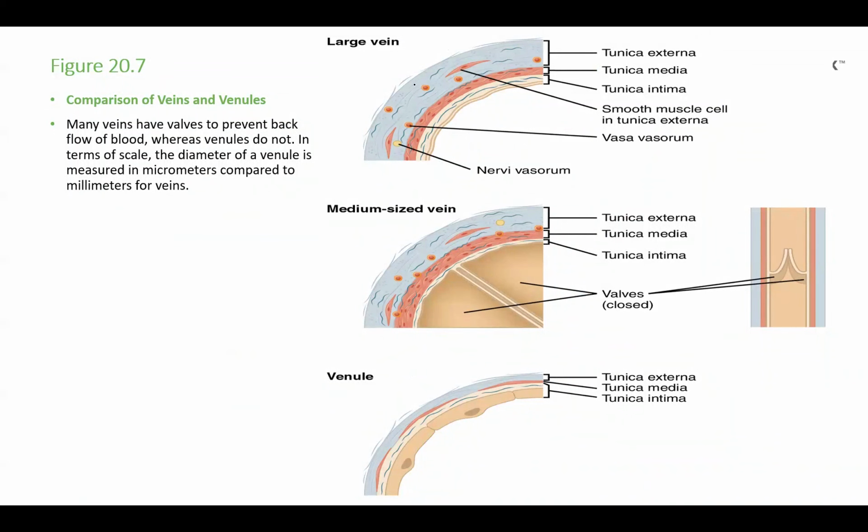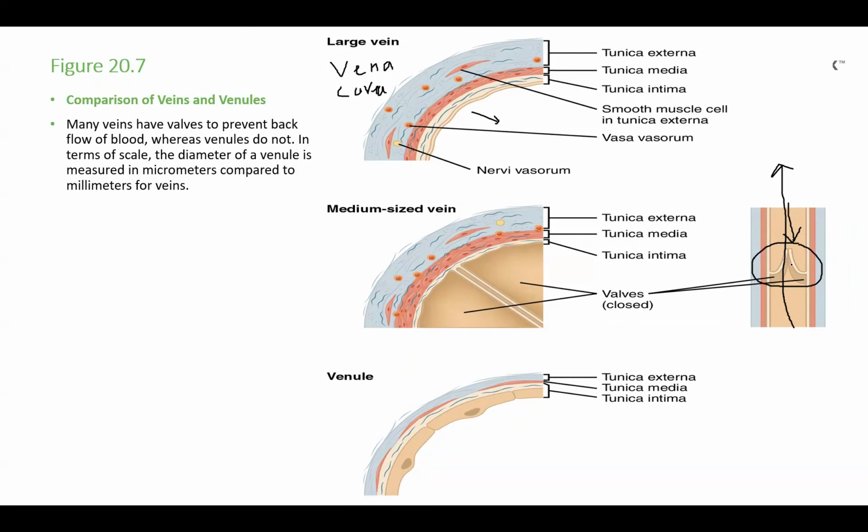Okay. Now we compare different types of vein. The large vein, which is the vena cava, there are two vena cava, superior and inferior. They are big, so there is a really large space over here, and they don't have the valve. So there is no valve in the vena cava. The medium size is the one that has the valve, in order to block the blood going back to the tissue. So it just goes in one direction to the heart.